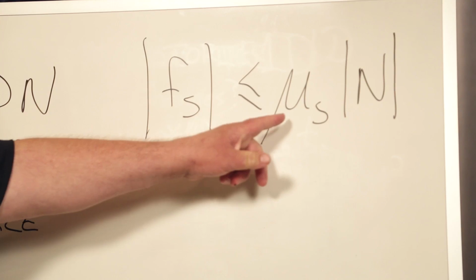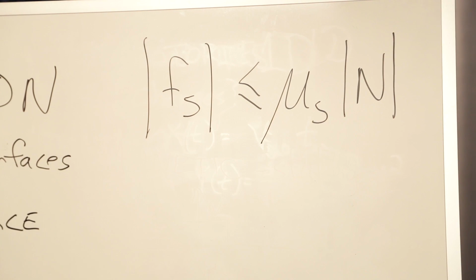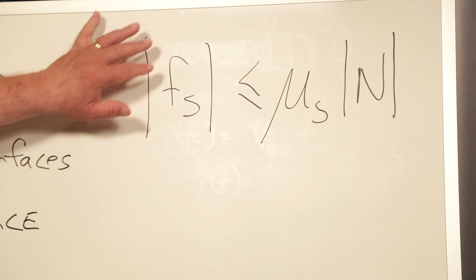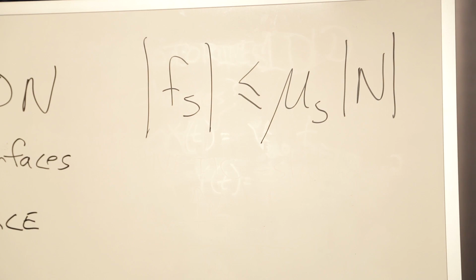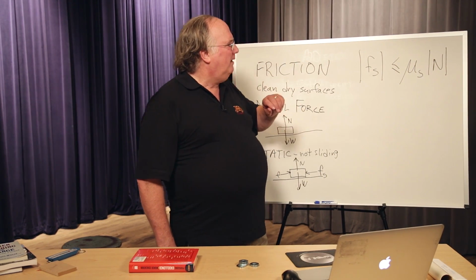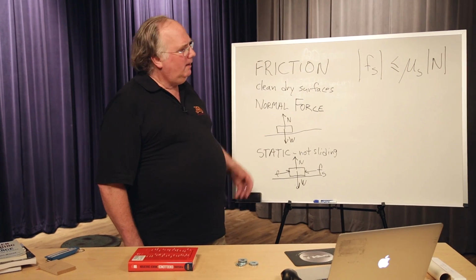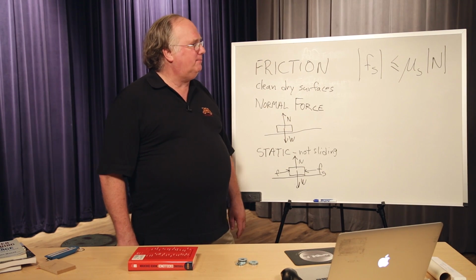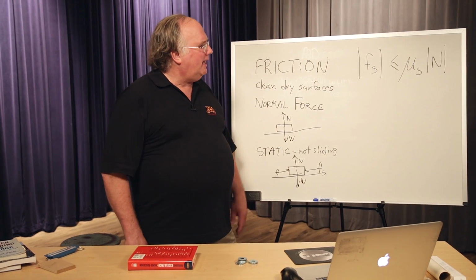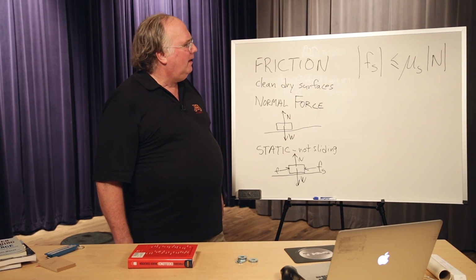This symbol here is a mu. That's a Greek M. It has an S on it to tell it from the next mu we're going to see. And what you notice from this is that static friction doesn't really have a fixed size. It's just however big it has to be up to this limit. If you increase N, the limit increases, it can get bigger. It's in whatever direction it has to be to keep things from slipping. Static friction is kind of a very floppy sort of force. It's whatever it needs to be.